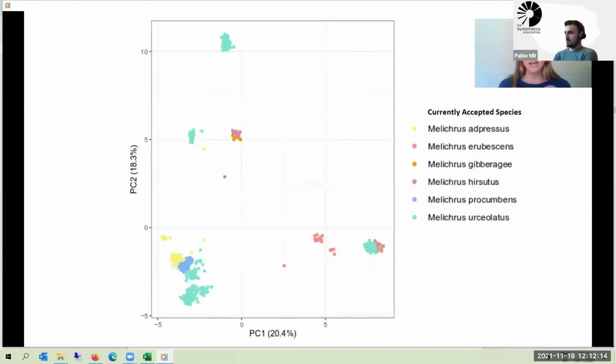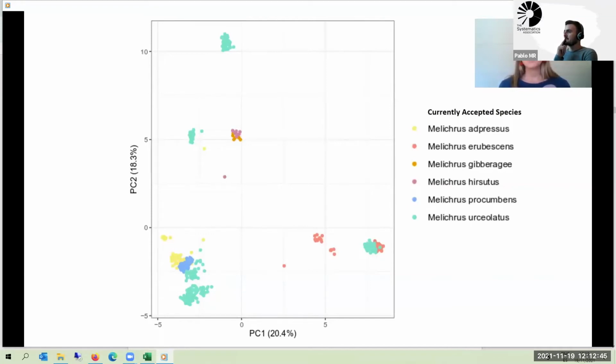Before generating this PCA plot, the full data set was stringently filtered to remove SNPs with a low repeatability score or more than 5% missing data, and to remove alleles which were potentially influenced by linkage disequilibrium or which had a very low frequency. A few individual samples were also removed because they had more than 10% missing data. This left us with a very reasonable data set of 2,000 SNPs, representing all Eastern Melichrus.